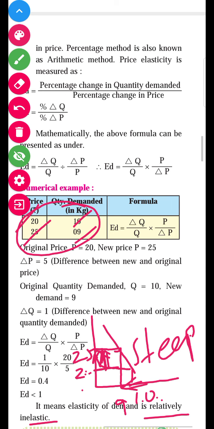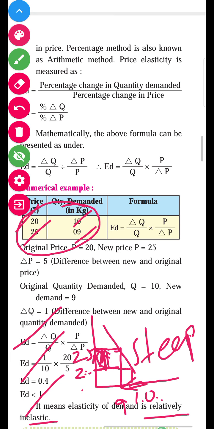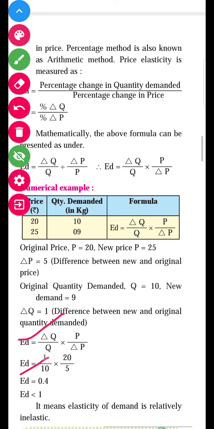And one more question you can raise in your mind, that why it is called as percentage method. So we have solved this sum according to the ratio method. Okay, all these are examples of the ratio method. See, the answer comes 0.4. Let us see, we will apply the percentage method, whether the answer comes same or not. Okay student, and why it is called as percentage method, let us see.